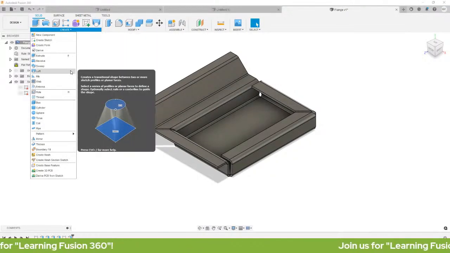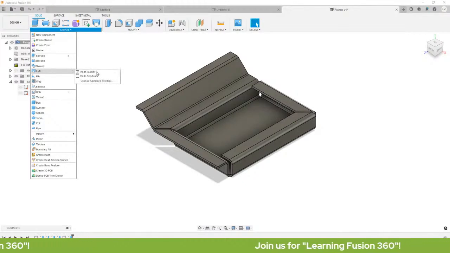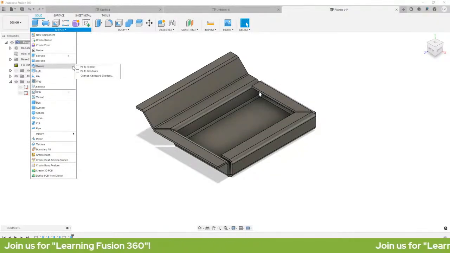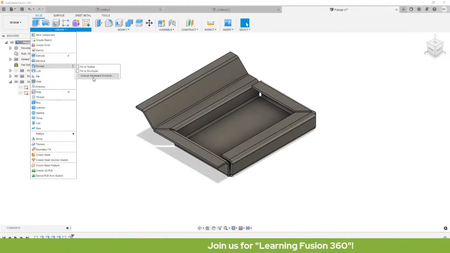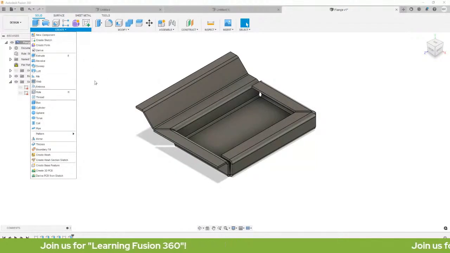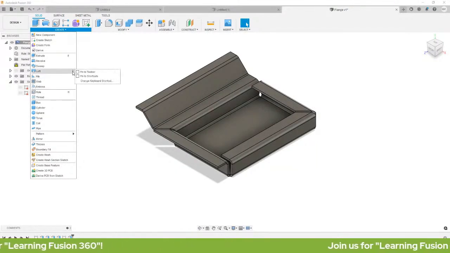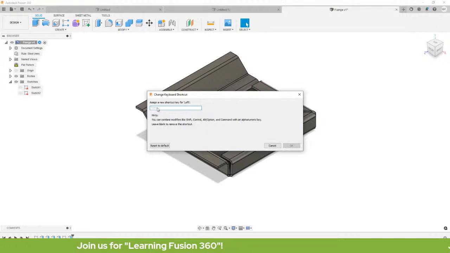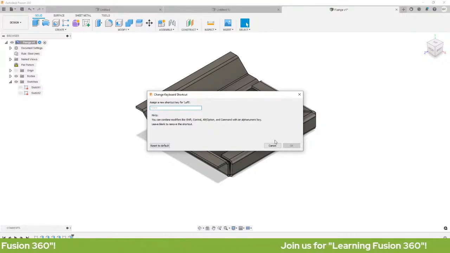Kita nyo? So you can try guys, please try. Ayan, pin to toolbar. So pag inantik ko, nawala na siya doon. Okay? And pwede rin kayo mag-assign ng keyboard shortcut. Okay? So for example, sa Loft, wala siyang keyboard shortcut. So change keyboard. So none. So if you want to, for example, type in L for Loft, you can do that. Okay?